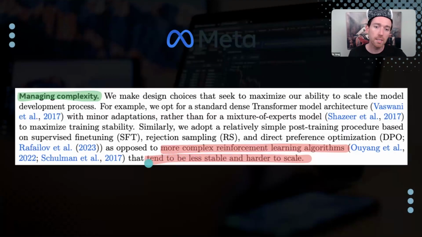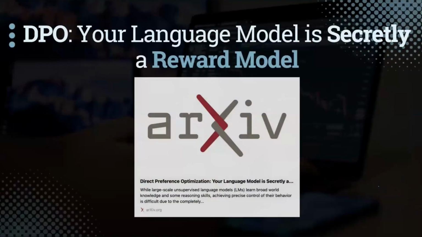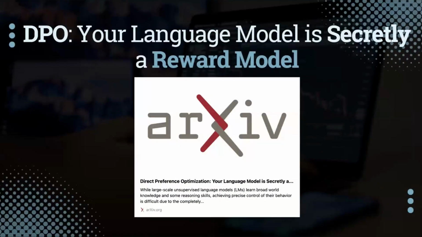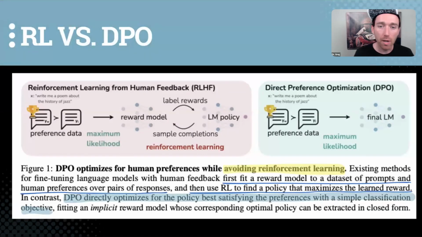More complex, less stable, harder to scale. So DPO says that your language model is the reward model. That's what it says. So the LLM is already able to act as the reward model. There's a lot of fancy math that goes into this, okay? But we remove this complexity of this paradigm. That's the big idea. We remove it, which is hype,